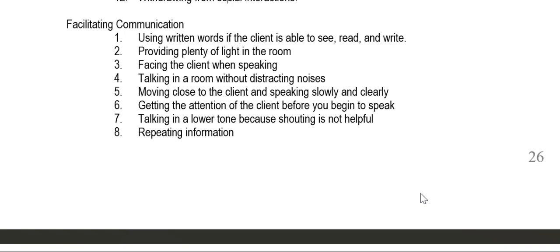Moving close to the client and speaking slowly and clearly. Dapat you are going to utilize the ear nga dili pa siya bungol in talking. Getting the attention of the client before you begin to speak, and then talking in a lower tone of voice. And then we have also, because shouting is not helpful. Okay, so do not shout. Repeating